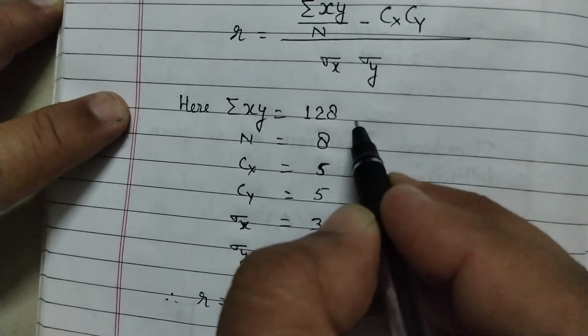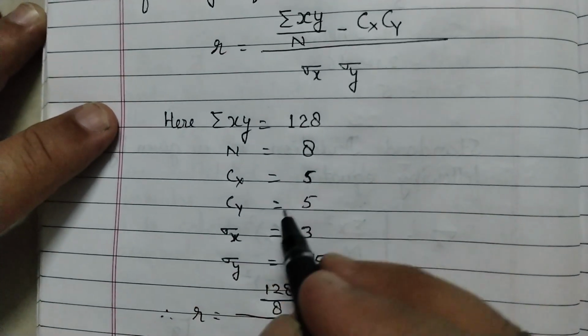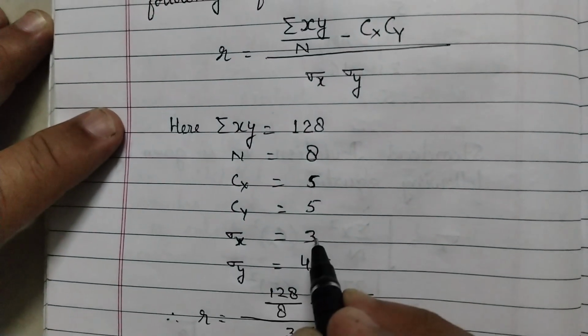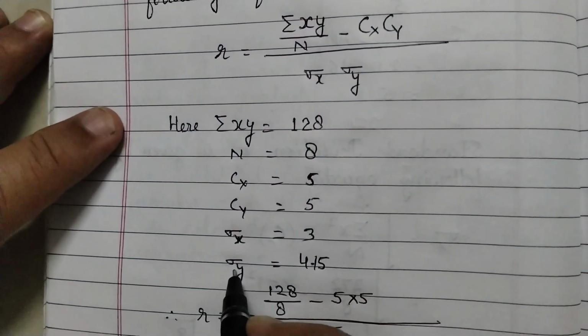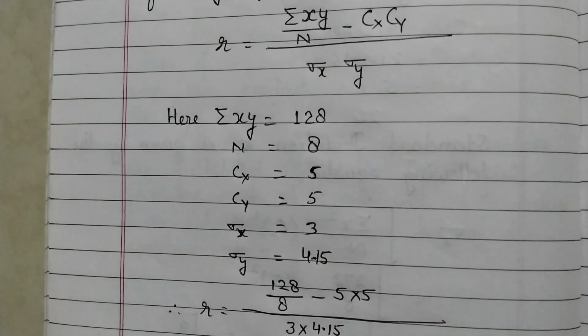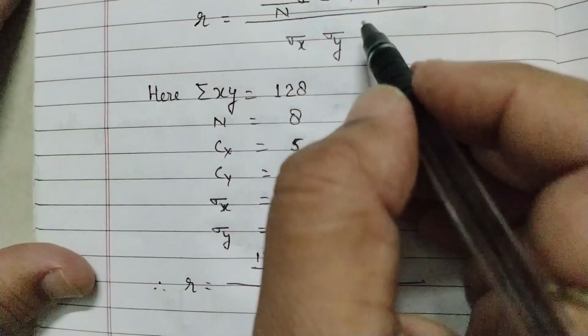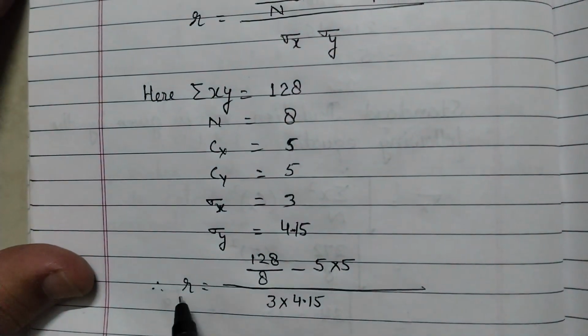In the table I have calculated the value of n is equal to 8, cx is 5, cy is 5, sigma x is equal to 3, and sigma y is equal to 4.15 standard deviation. So substituting all these values in the above equation, we have R is equal